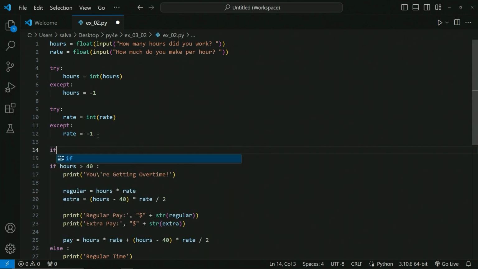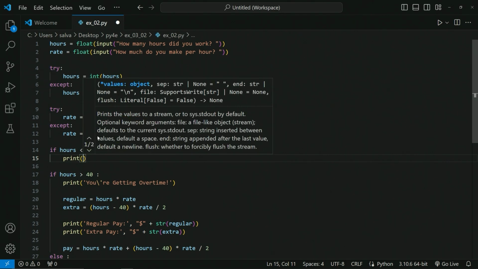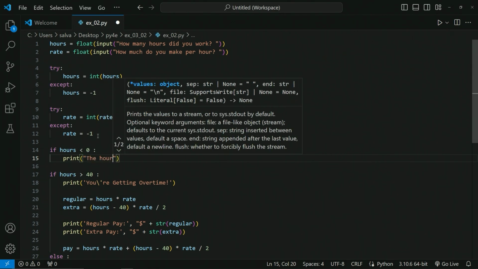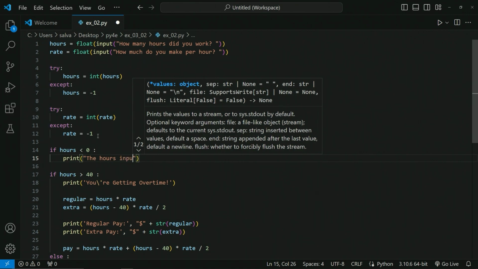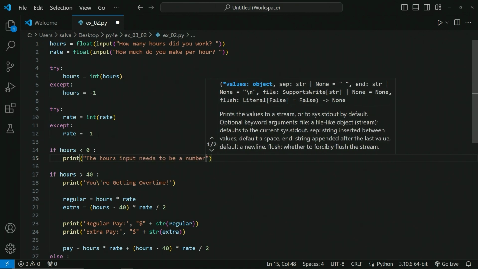So watch this. We'll go if hours is less than 0, right? So if it's -1, what we're going to say here is print, the hours input needs to be a number. Let's put, yeah, that's good. And then